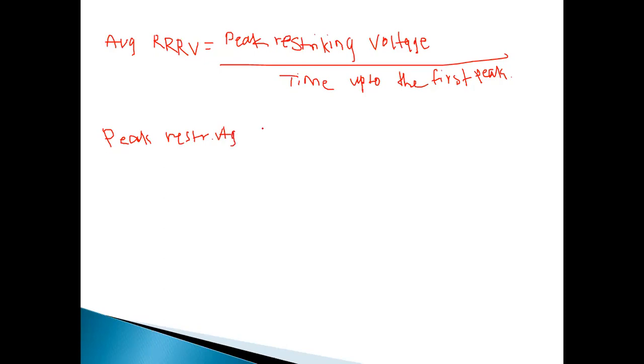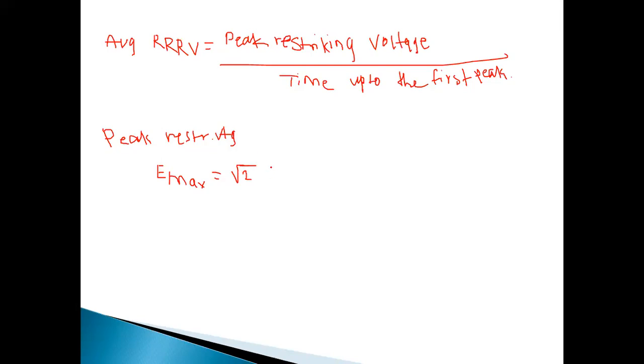So for this peak restriking voltage we have to consider 2 Emax, because when the wave is striking again, the maximum voltage is 2 Vm, or we can say 2 Emax. So that Emax can be found as: Emax is equal to square root of 2 into